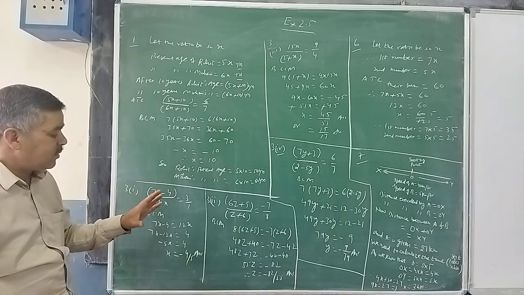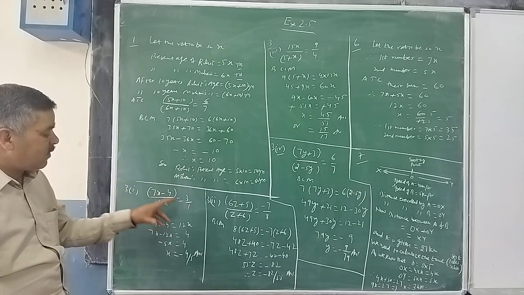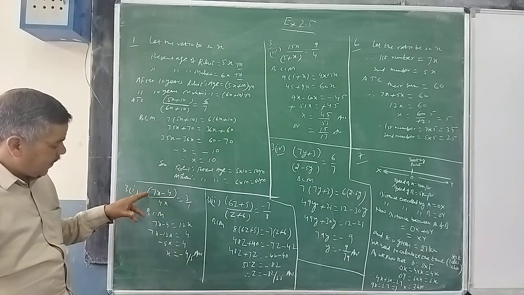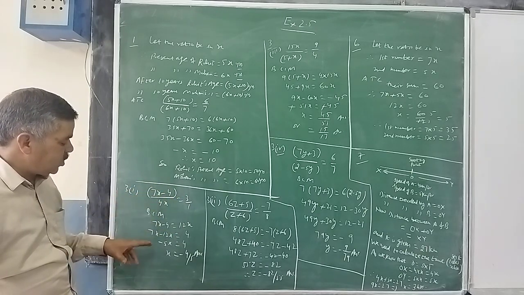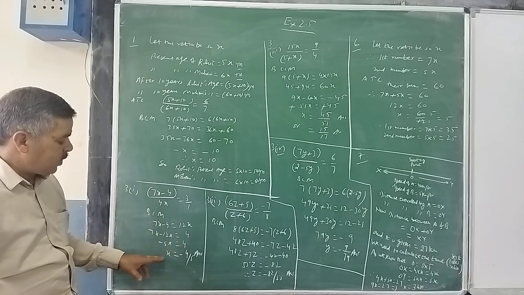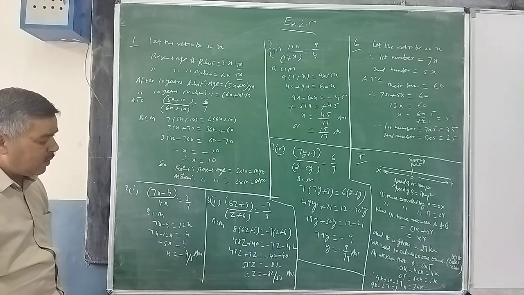Once you have kept it inside the bracket, it will always be advantageous to all of you, as you will never forget that you have to multiply both. So here you can go for cross multiplication, do that. Again the equation will be in one variable to calculate the value of x. So the answer for this will be minus 4 upon 5.